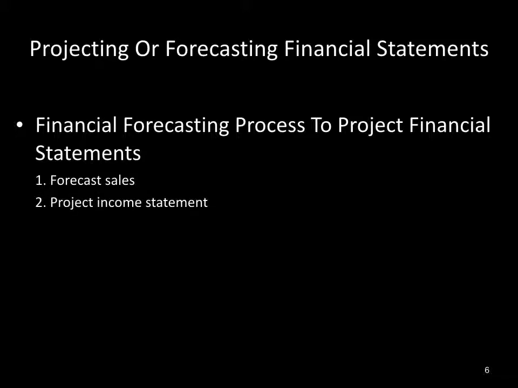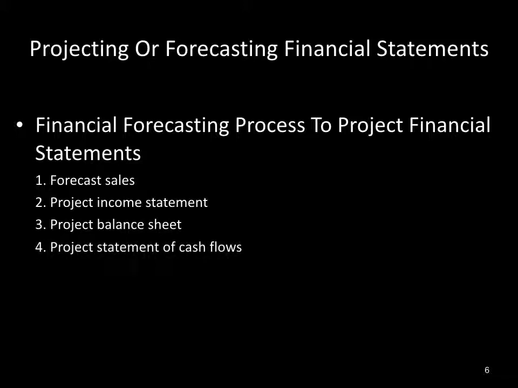Once we've done that, then we can estimate the gross margins, the operating expenses, all other expenses associated with it, and project out the income statement for each one of the years we want to go out. Typically, we're going to go out 3 to 5 years, maybe 7 at the most. Then we'll have to do some kind of projection of a balance sheet, try to project out the receivables, the inventory, the cash, all the liabilities, and anything else associated with it,